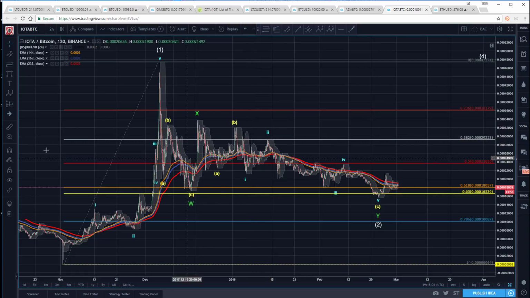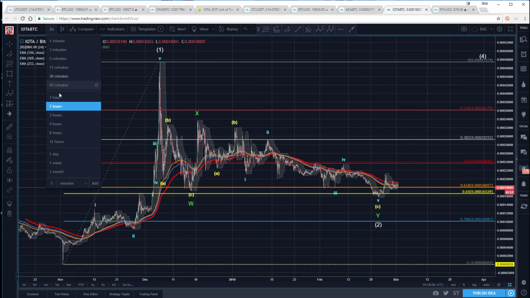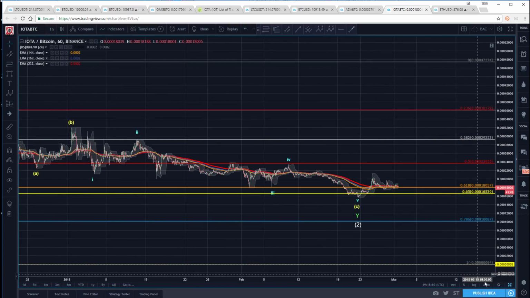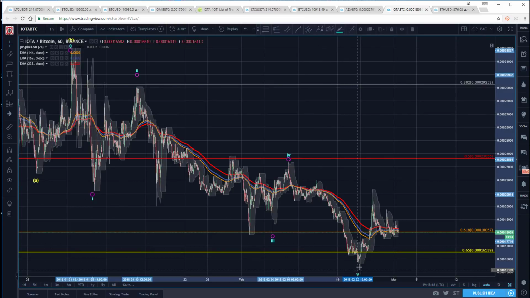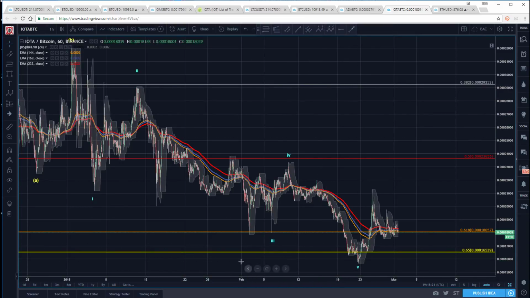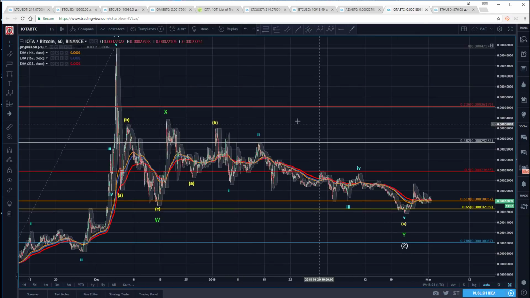Well, we can kind of dig in here. I'll go down to the 1 hour and see if we can make any sense. All we're trying to do is just qualify that pivot. Could this be the good pivot low? That this is just a little, we're completing. You can see a 5-wave structure here, potentially completing that 5th. Does that make sense? Well, if this is